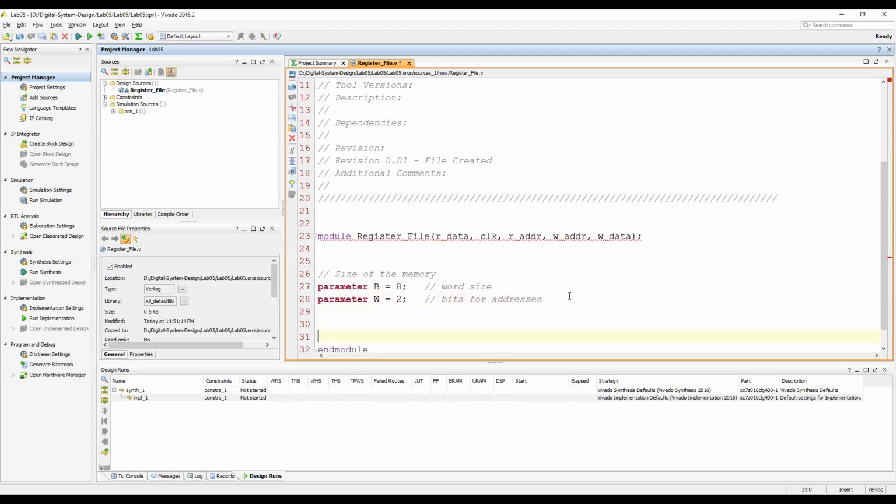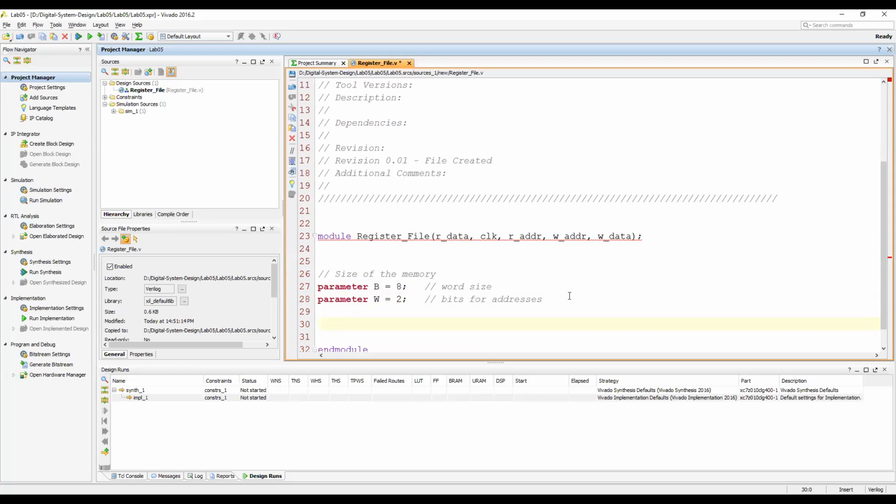If there are 2 bits, it means we can store 4 words. If there are 3 bits, we could store 8. If there were 4, we could store 16 words. Okay, so this is the simplest calculation.